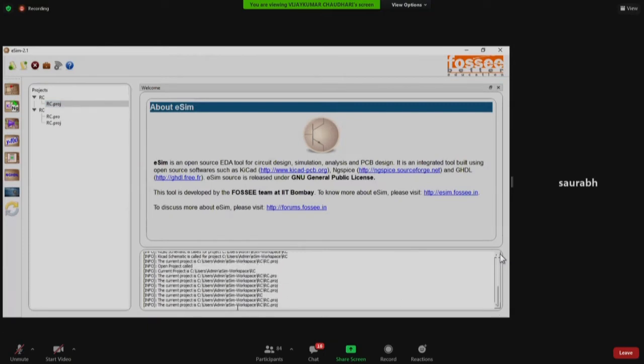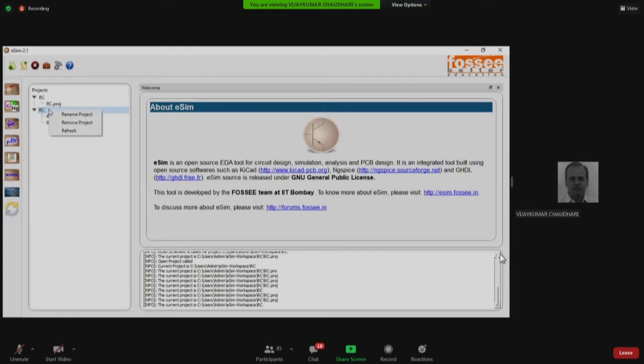Okay. So your project, now go to the projects window on your left hand side. Okay, just click any of them. जो वहां पे down arrow है ना, on the down arrow, नहीं, one more step below. हाँ, double click on RC, any of the RC. On the name, sir, please. हाँ, double click on it. Right click on this. नहीं, on that itself. हाँ, right click. Nothing happens. Acha. Okay. हाँ, refresh it.